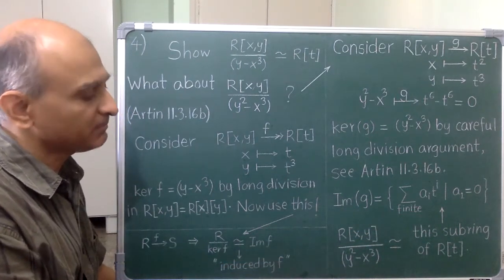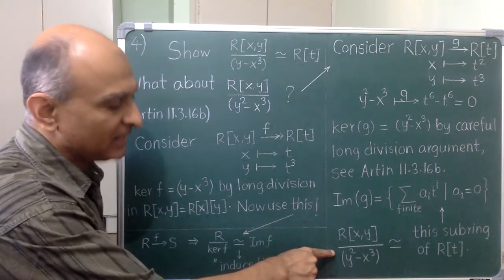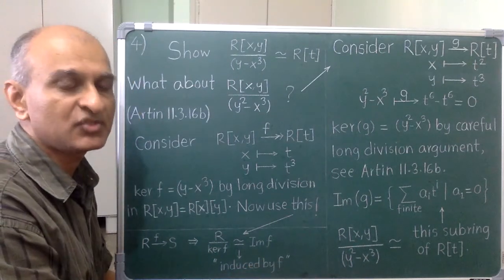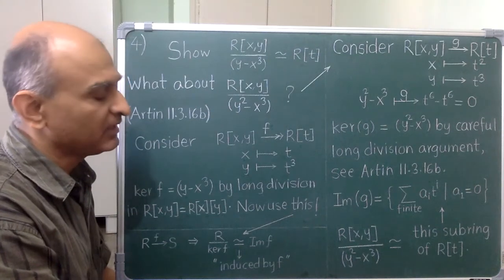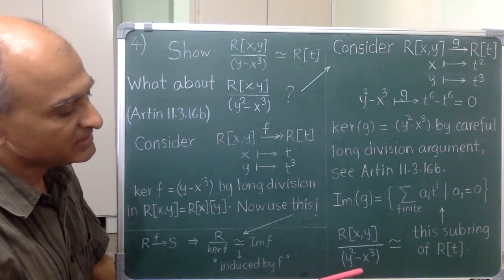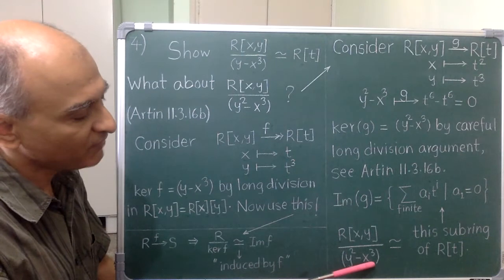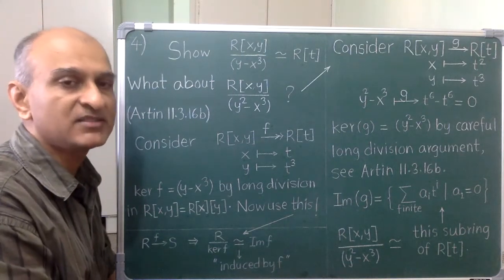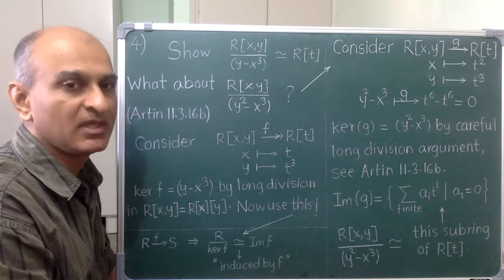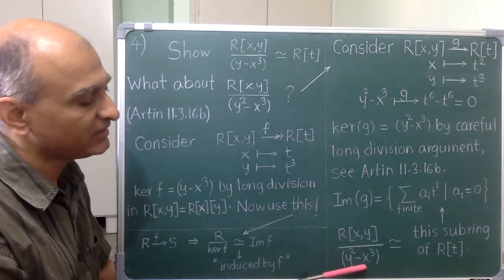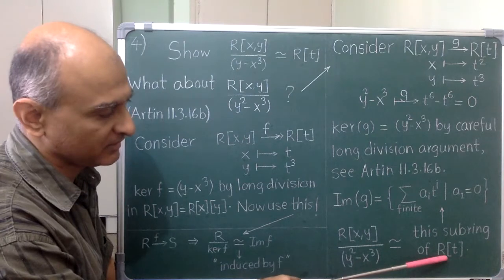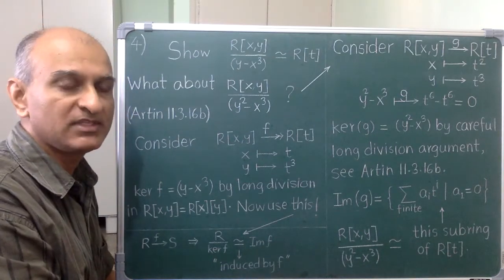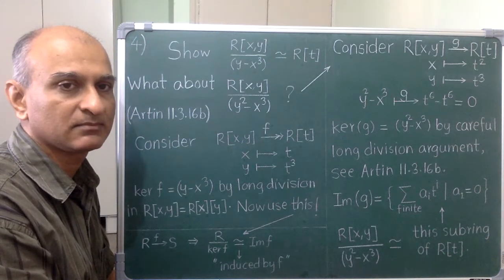There is a geometric perspective on this ring, at least when R is real numbers or better complex numbers. In that case, this ring is somehow related to the graph of this polynomial y square minus x cube. And this graph has a sharp point at the origin, which somehow makes this ring very different from the polynomial ring. You can learn more about this in algebraic geometry.